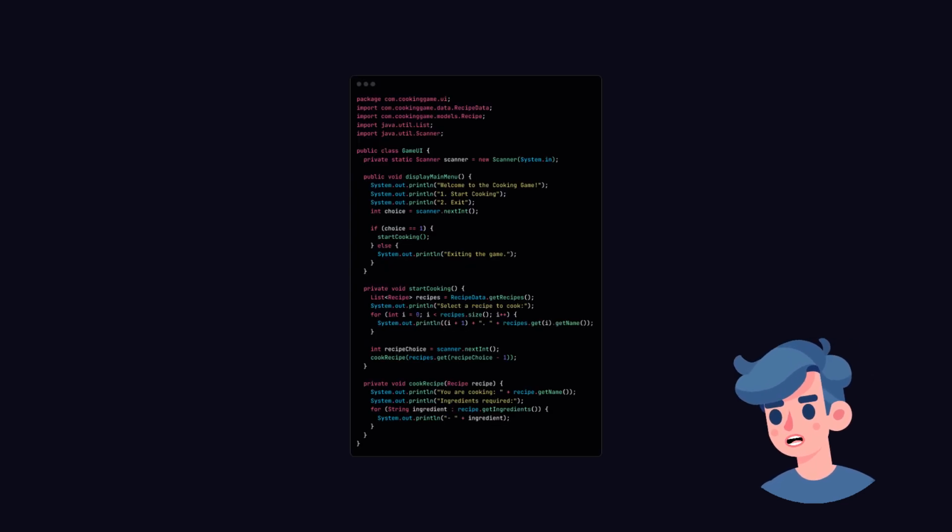Next, let's create a simple user interface. Create a new package called UI and a class named GameUI. In this class, we will include methods that display the game's main menu and allow users to select a recipe